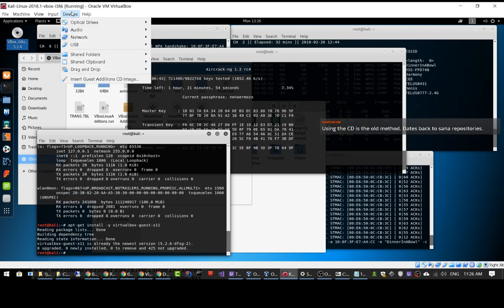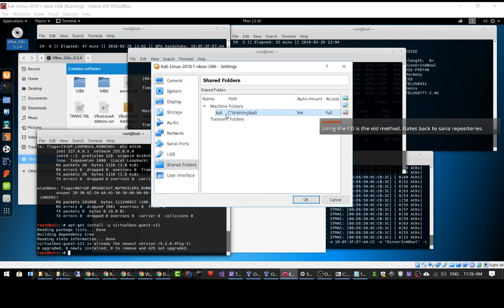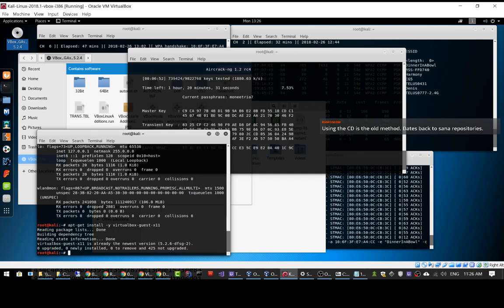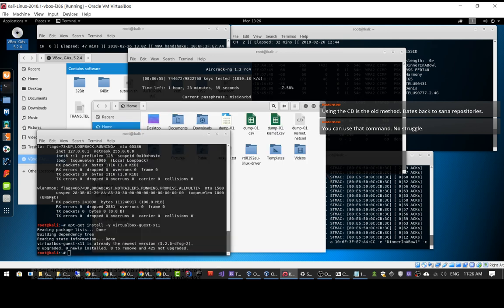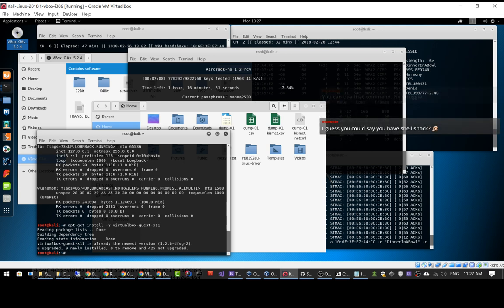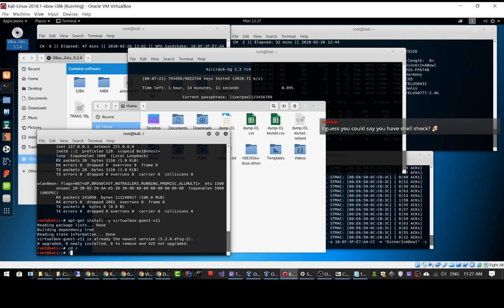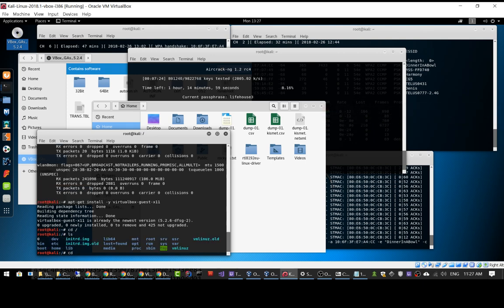Cool. So let's try. I want to see if I can get some shared folders. So I shared this. Now I may have to restart. So let's ls. I'm thinking of Mac. So yeah, I've got shell shock. Exactly. It's crazy. So let's go to, and where would my,